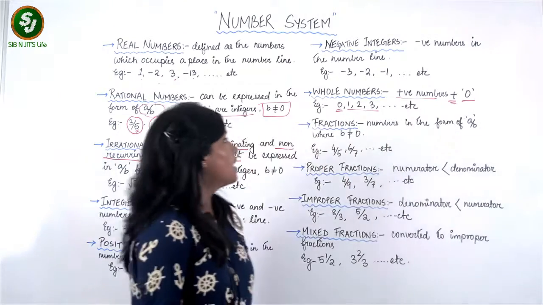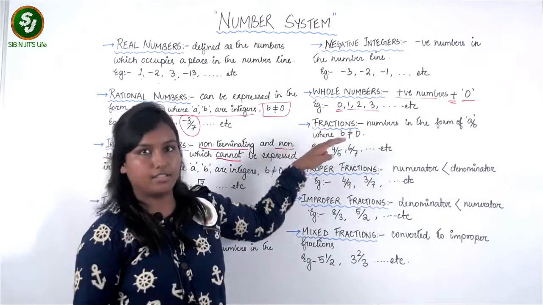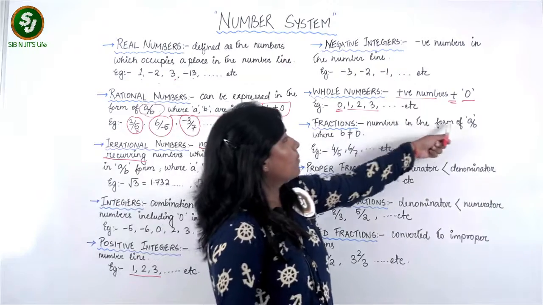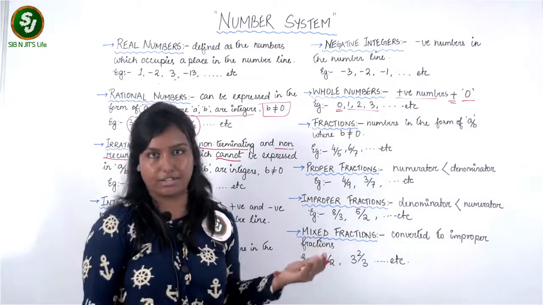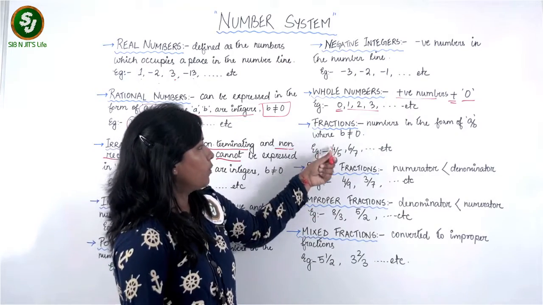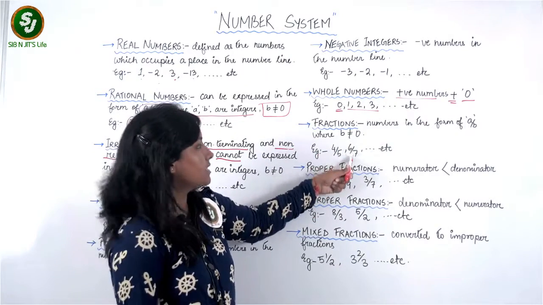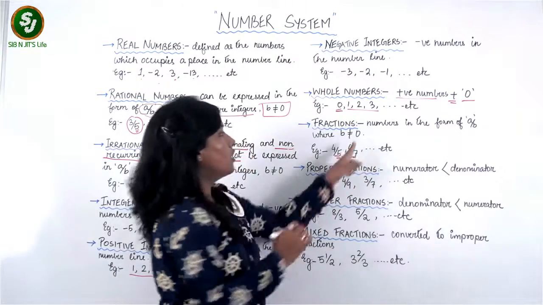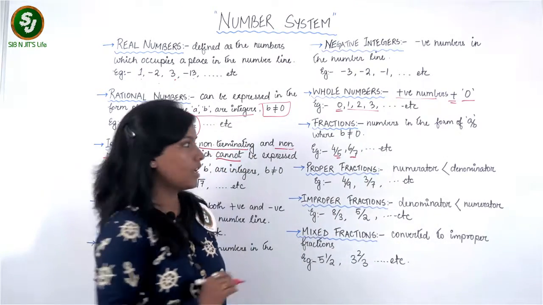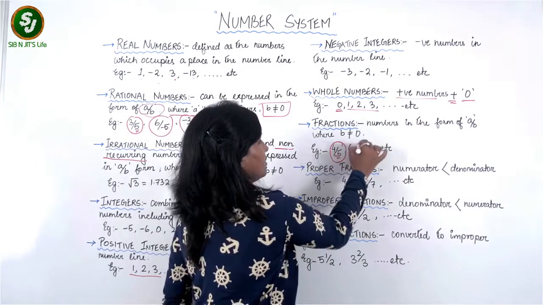Okay? So next is fractions. So numbers in the form of a by b, where b is not equal to 0, are fractions. Example, 4 by 5, 6 by 7, etc., where b is not equal to 0. So now in these fractions,